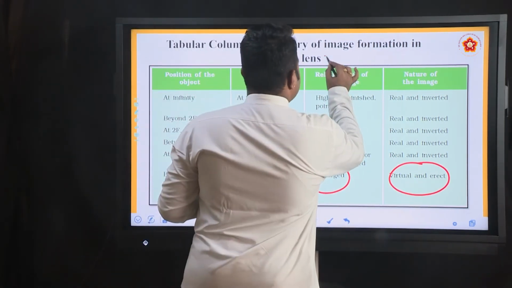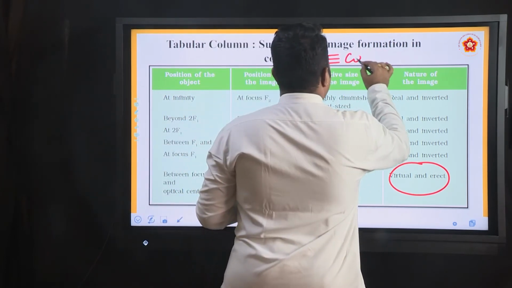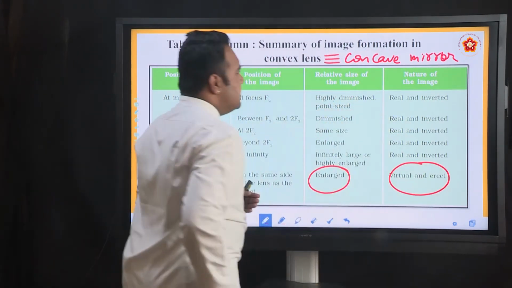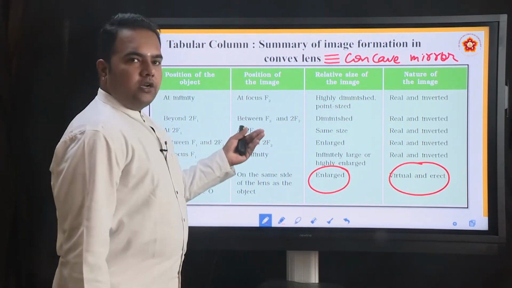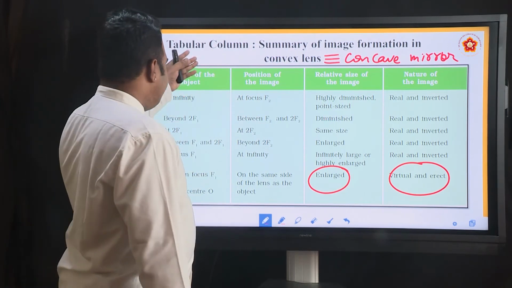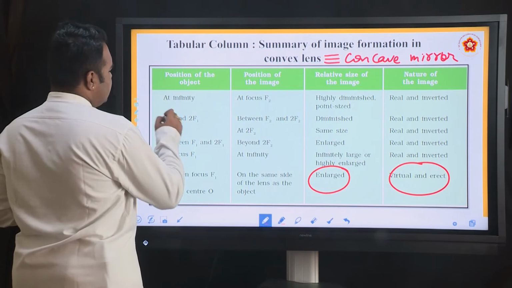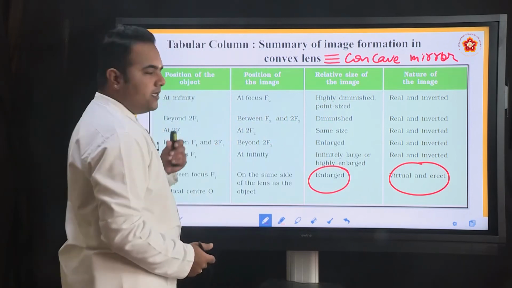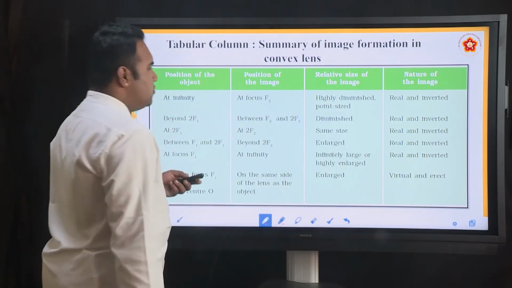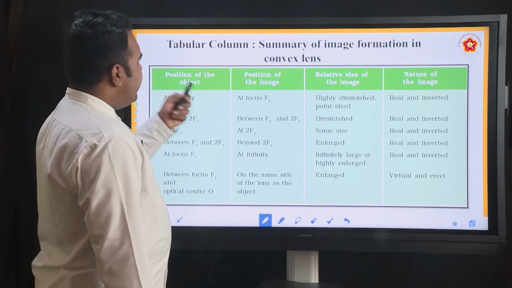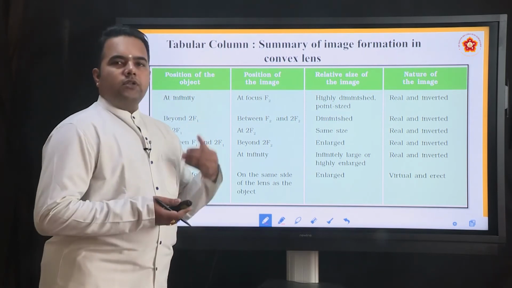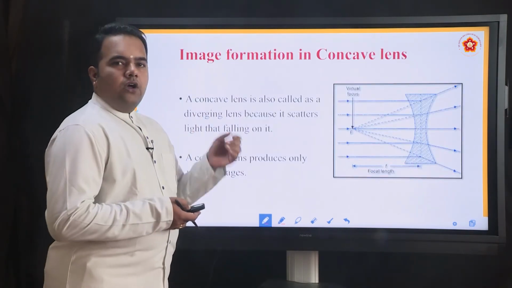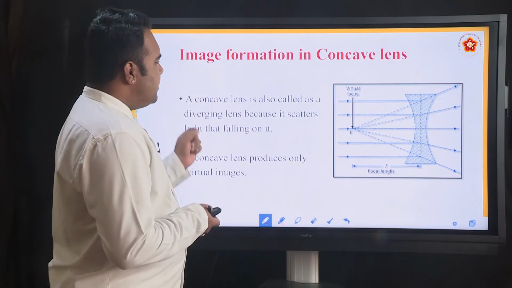So the convex lens is equivalent to the concave mirror. The image formation in a convex lens is equivalent to the image formation in a concave mirror, which means equivalent in the sense that we have the same positions for the objects, and we see the same nature and size of the images. If you compare, you can see the similarity. So, though there is reflection and refraction happening, a convex lens and a concave mirror can produce both real and virtual images, whereas a concave lens and a convex mirror always produce only virtual images and there is no real image.